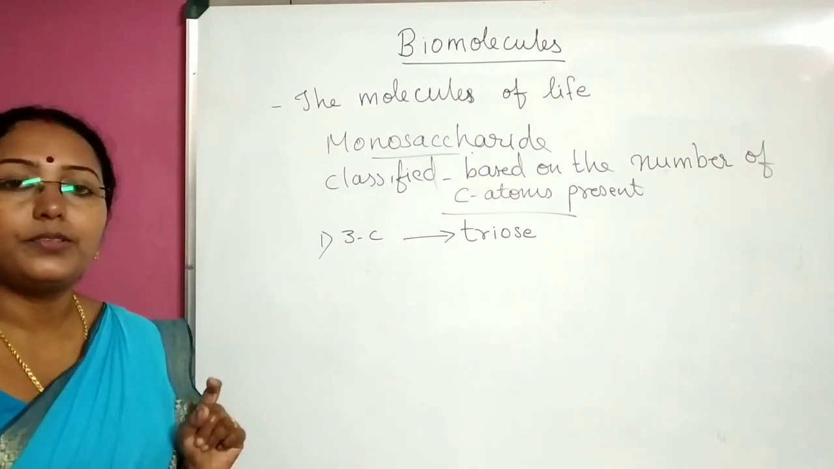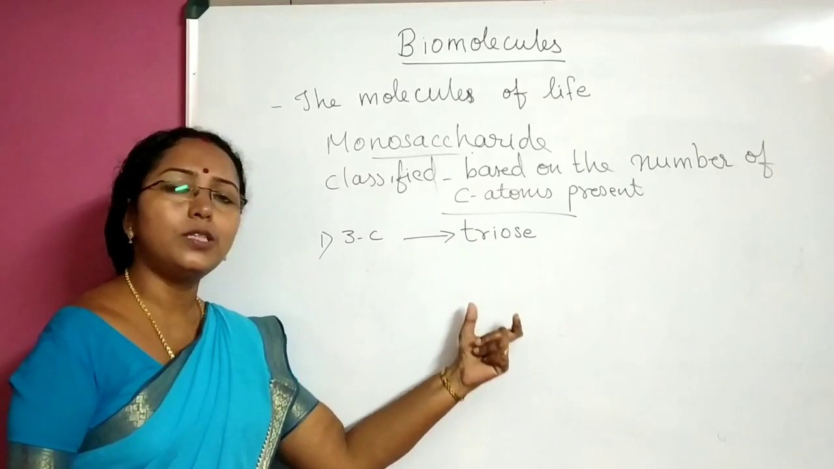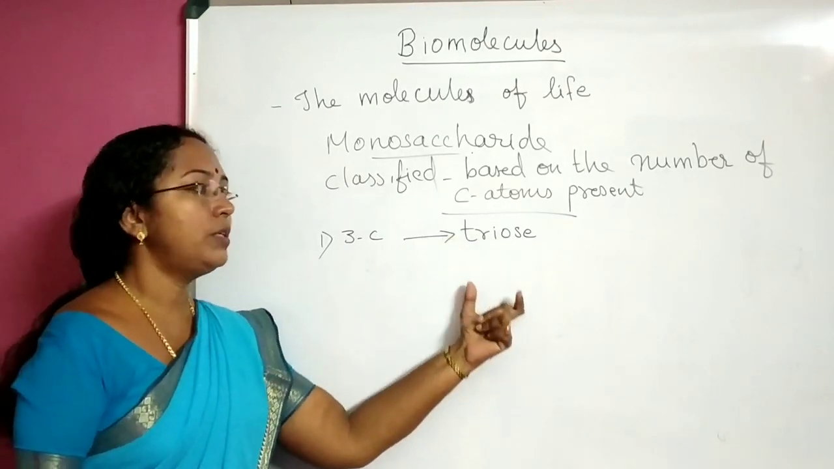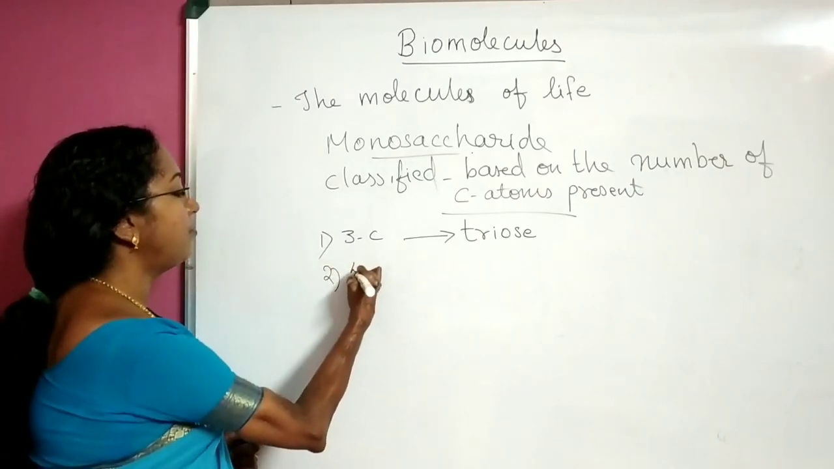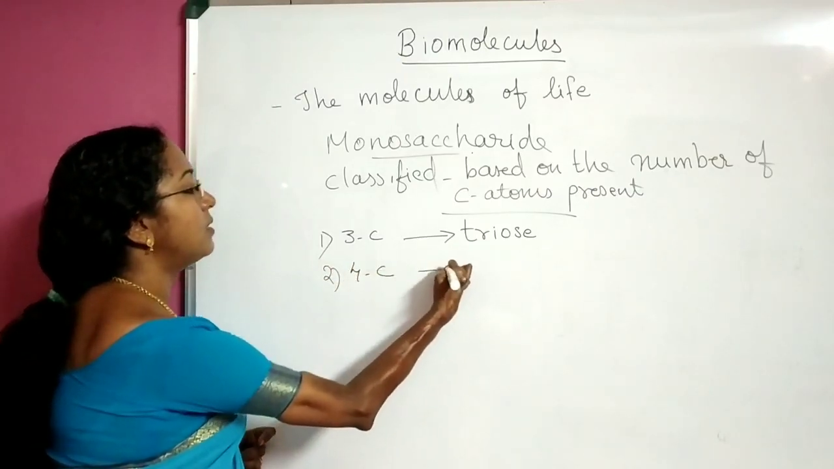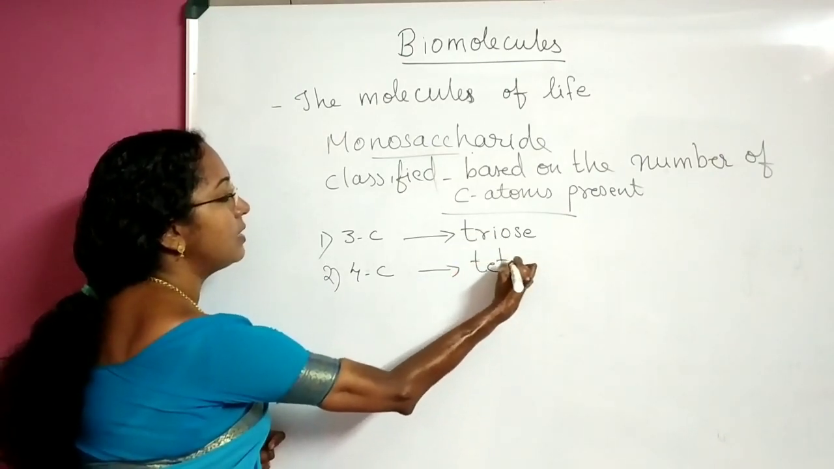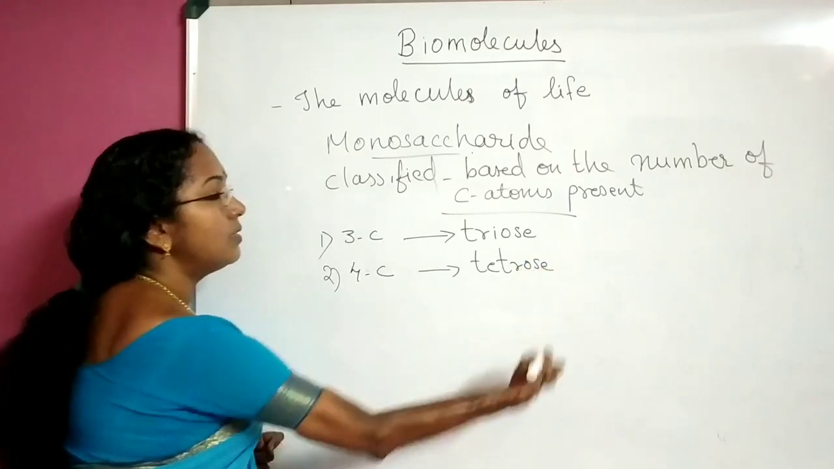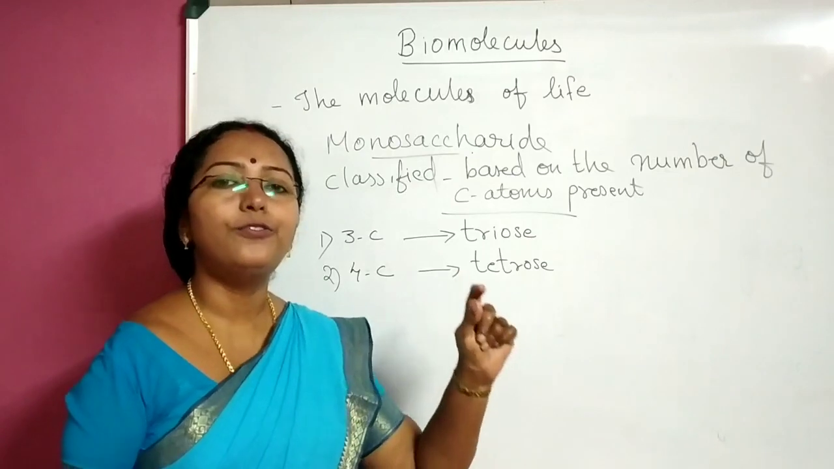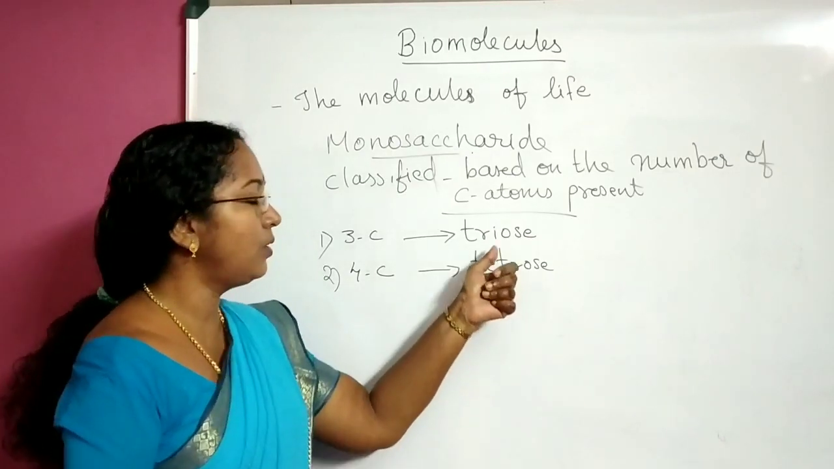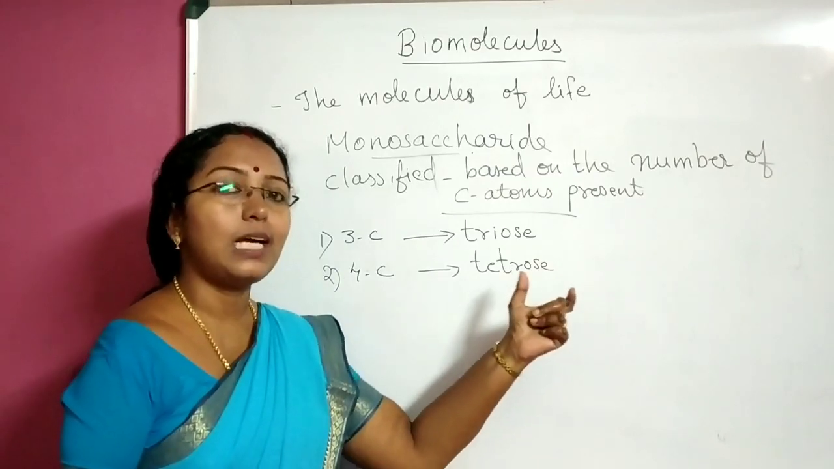A sugar molecule having 3 carbon atoms is called by the name triose. So almost all sugar molecules having 3 carbon atoms, you put it under this category, triose. Next, if a sugar molecule is having 4 carbon atoms, it is put under the classification as tetrose. Tetrose means sugar molecule having 4 carbon atoms. So now I think you have come across this: the ose ending means most of the molecules are saccharide molecules